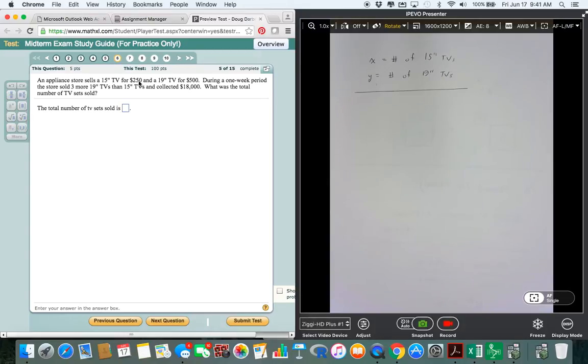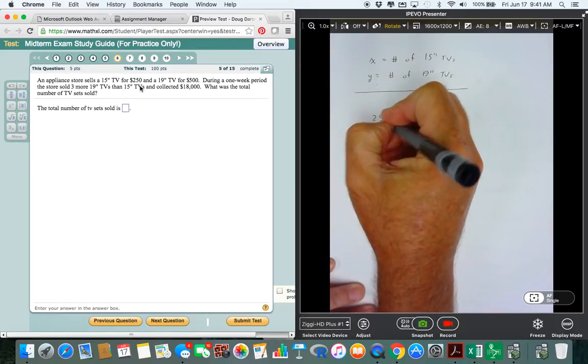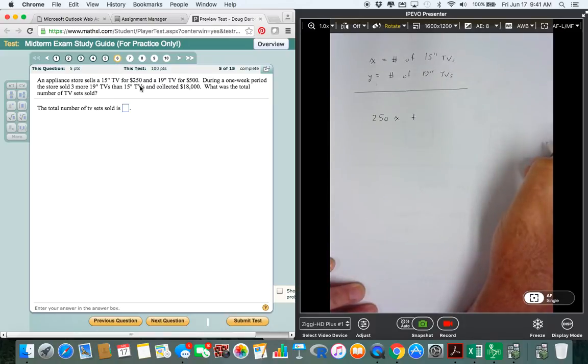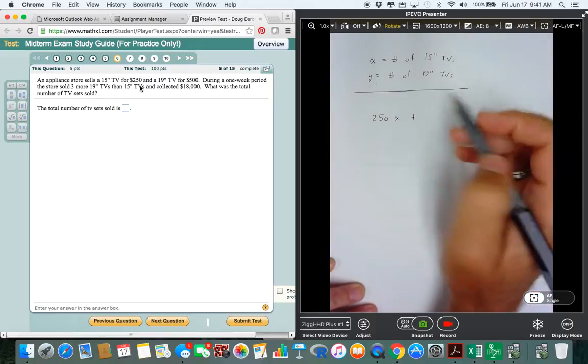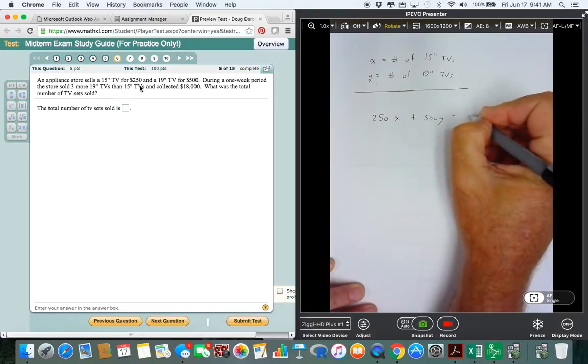So since these things sold for $250, I can take the number I sold times 250. And then I can take the number of 19-inch TVs I sold times 500, and that would have to be the total amount